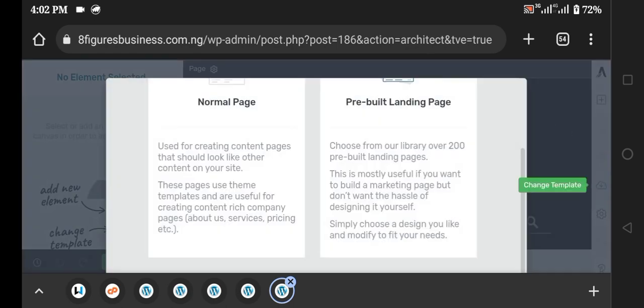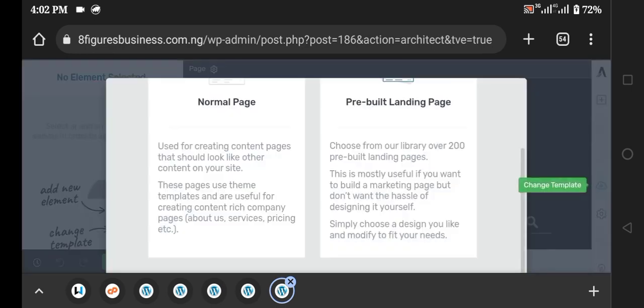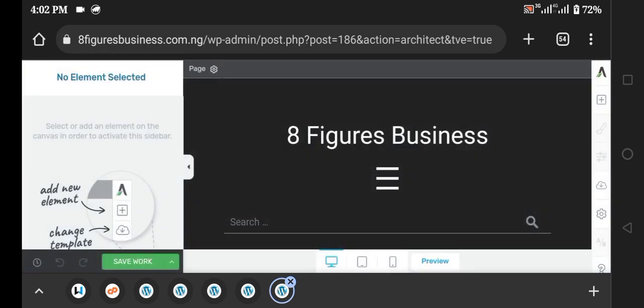Now if you want to get this option, you click here, okay? Click here. Now use normal page. If you use normal page,